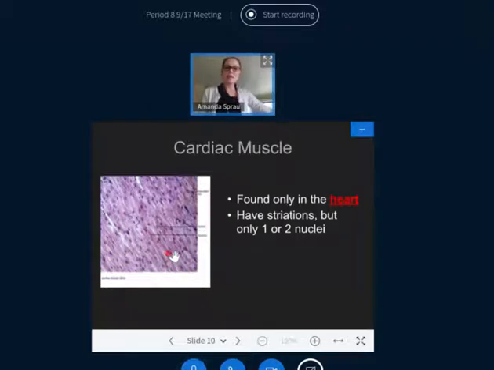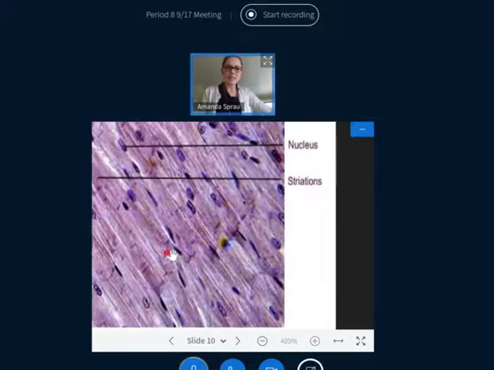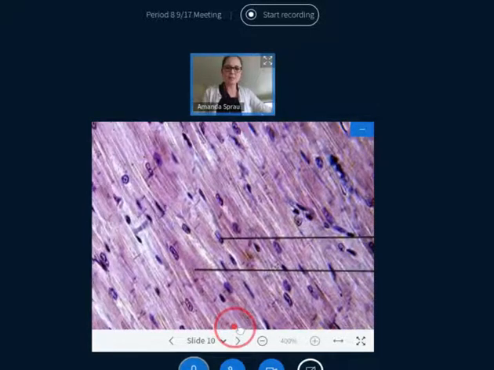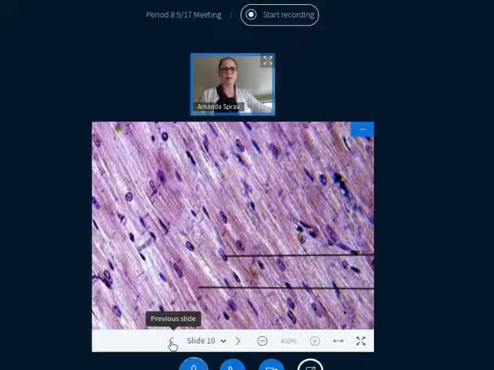It has striations, so I'll zoom in. And it has nuclei, but not quite as many, and the striations are not as definitive. The muscle fibers don't look as organized as our skeletal muscle. Remember, the color is just because of the stain that we use. The main way that I tell that it's cardiac muscle is there are these things called